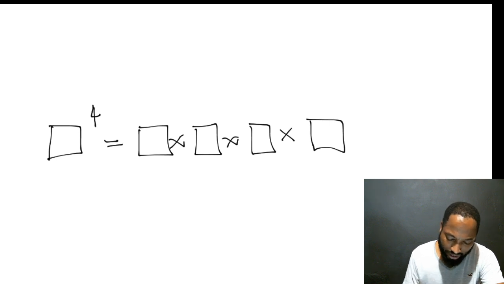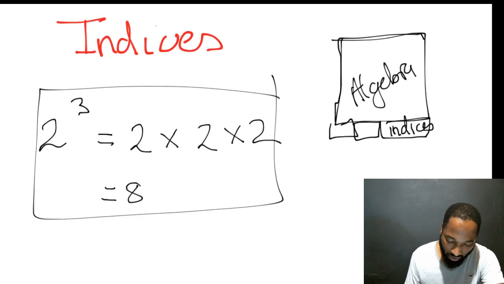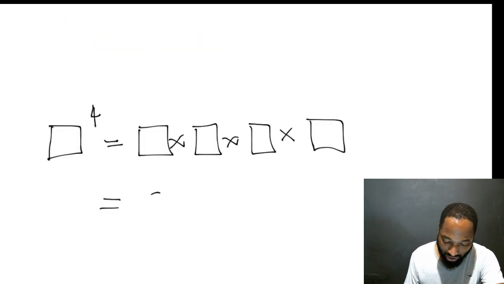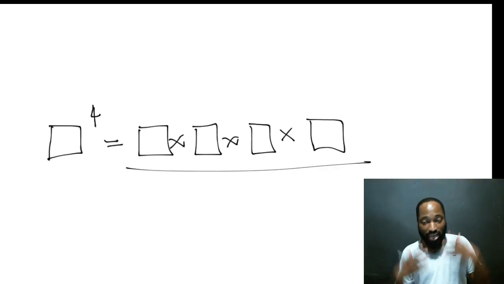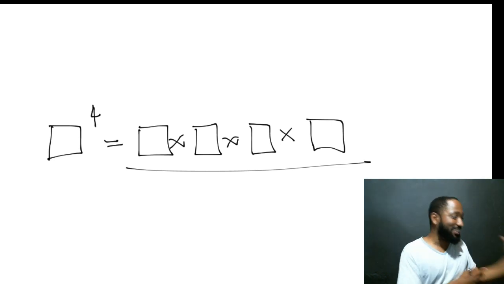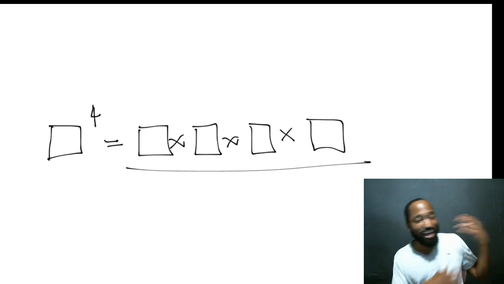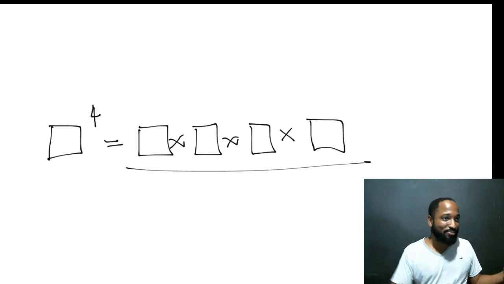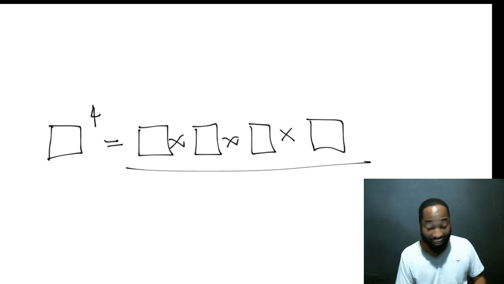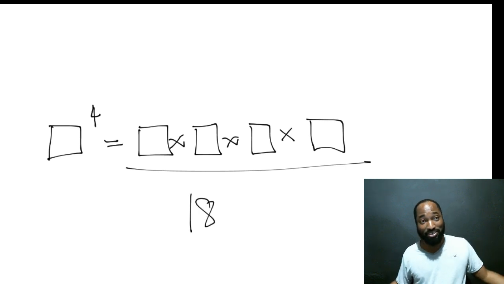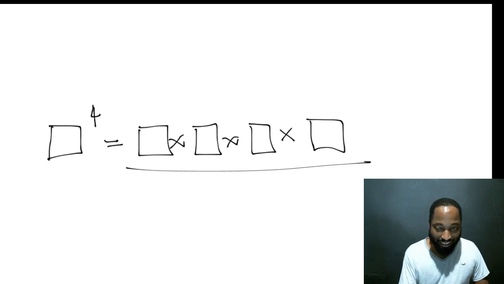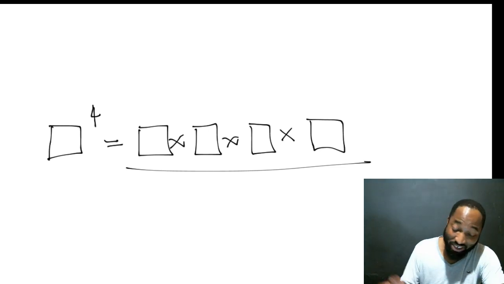Now, because of the whole nature of this, by the way, you can't find an answer here. Like before, we found an answer 8. Everything in maths wouldn't always give you an answer like a number. Sometimes the answer stops right there. That's the answer. That's as far as we could go. That's where you're getting your marks up to. When you're a little weak in maths, you just try to give an answer for everything. So like in algebra, they tell you to expand something, and all of a sudden I see a number 18. Where did that come from? You're just supposed to reach up to the expansion part and stop. Don't try to force any numbers if you can't reach any numbers, right?